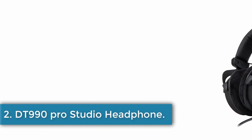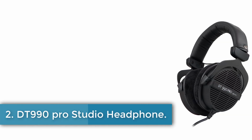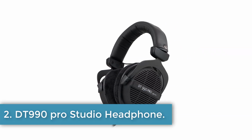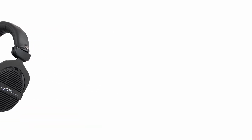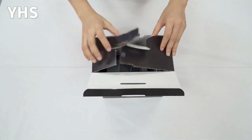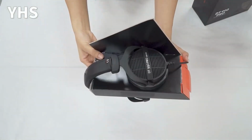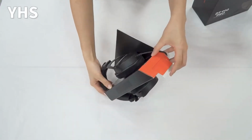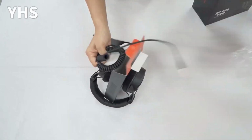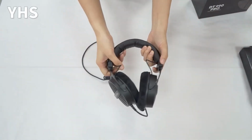Number 2. DT990 Pro Studio Headphone. The PYLV DT990 Pro headphones are over-the-ear wired headphones designed for a range of uses, including in internet bars, for gaming, mobile phones, and more. With a frequency response range of 5 to 35,000 Hz and sound isolation features, these headphones offer a high-quality audio